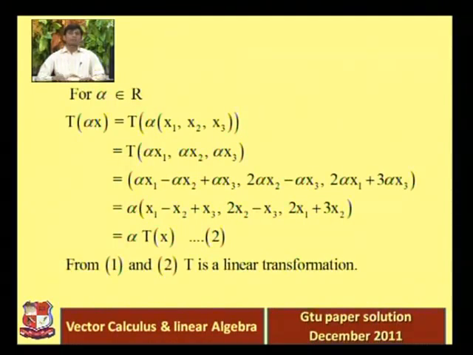For alpha belonging to R, the second condition is also satisfied. You can see T of alpha x can be easily solved to give alpha into T of x with some simple simplification. T of alpha into x can be written as T of alpha into x1, x2, x3, that is T of alpha x1, alpha x2, alpha x3. Now use the definition of T, that is first coordinate minus